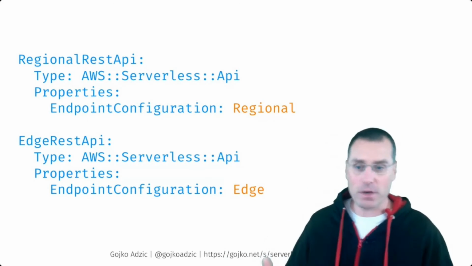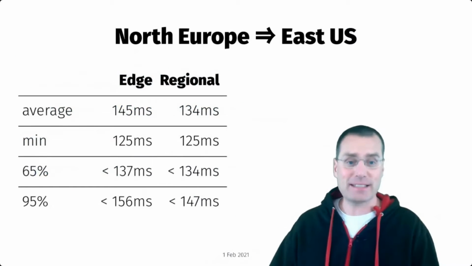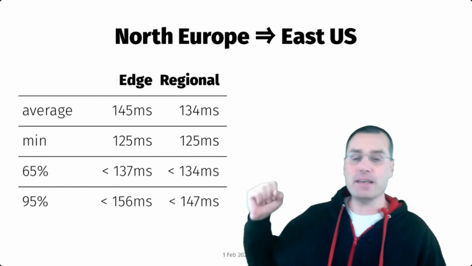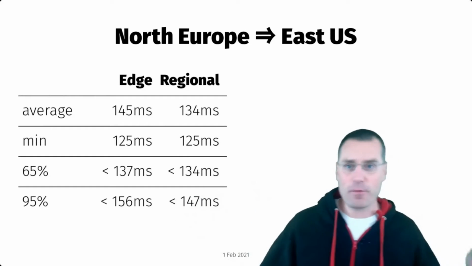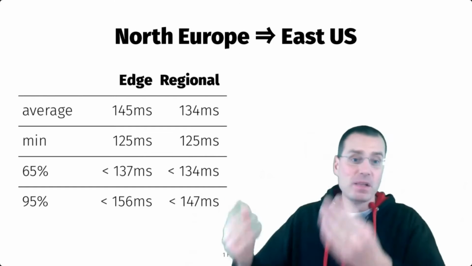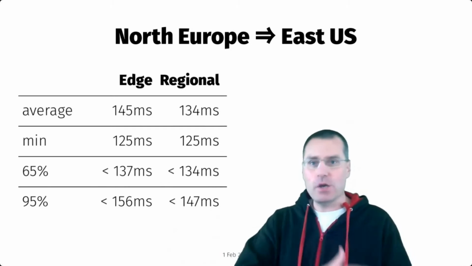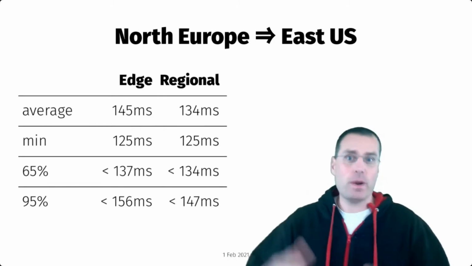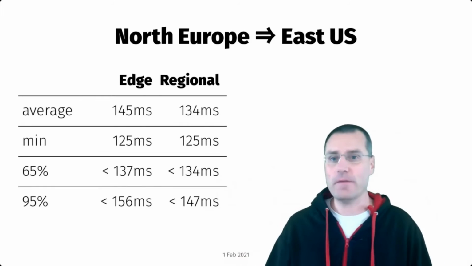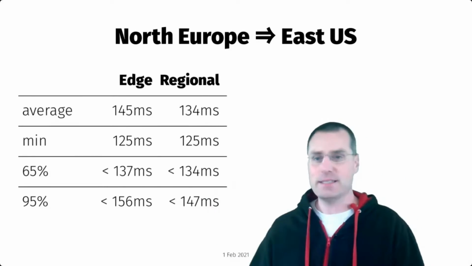For example, for the workflows I use, actually from Europe to US, it turns out that edge is not actually faster than regional. Having an API deployed in the US from North Europe, connecting directly to it instead of going through the Amazon pipe, the regional seems faster. Why? I don't know. Probably the North Europe and East US are well connected anyway. If we ran this test from Australia, the results might be completely different. And it's important, again, to understand where most of your users are, where this thing is going to be deployed,